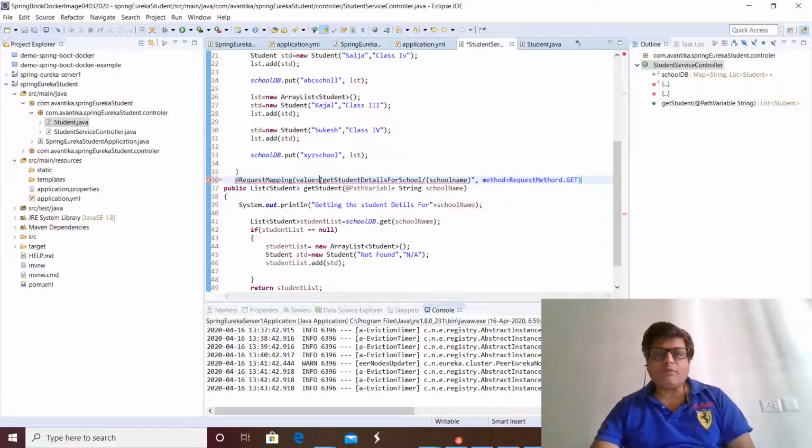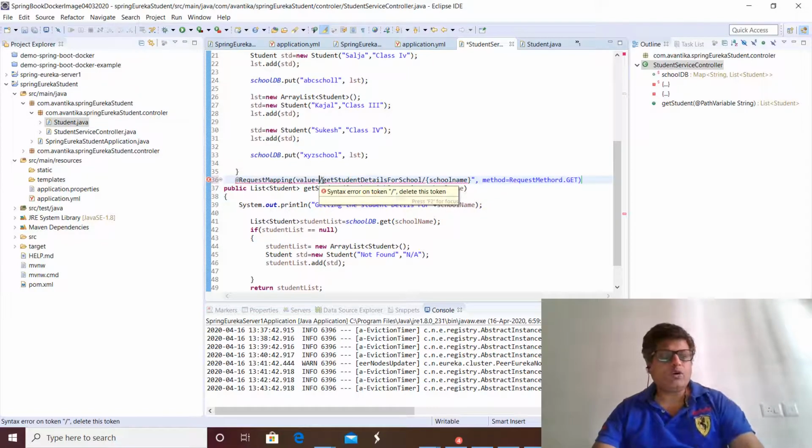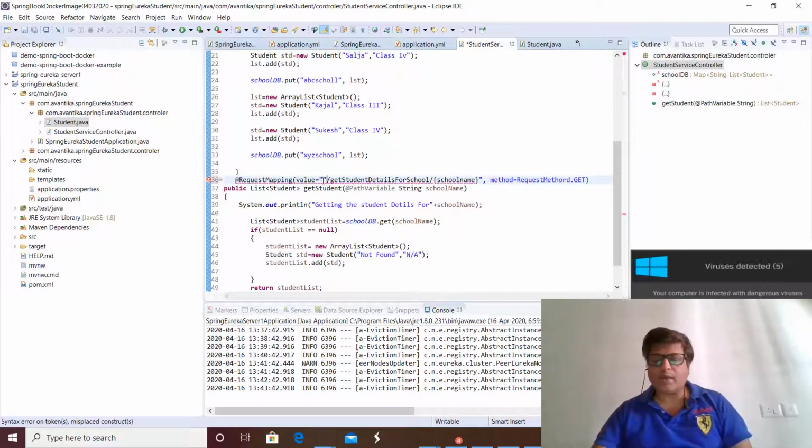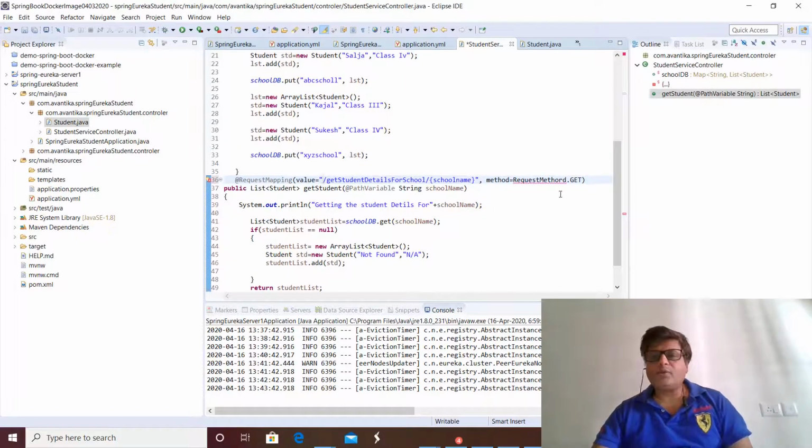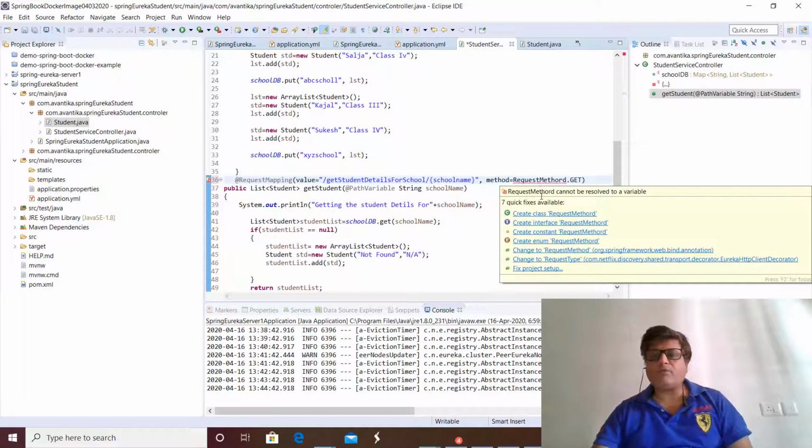Exactly, we have triggered the value of that, and we have triggered it from this way to that, so that we can have that. And request method will be coming from